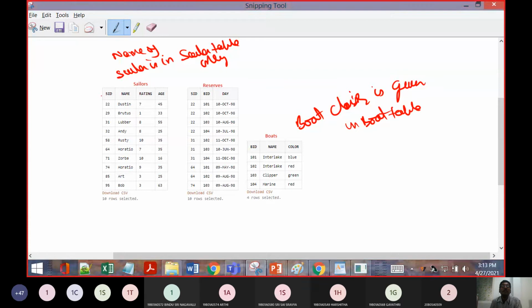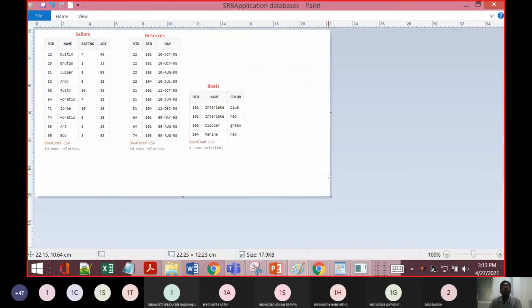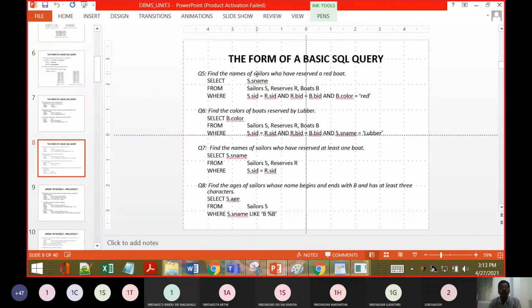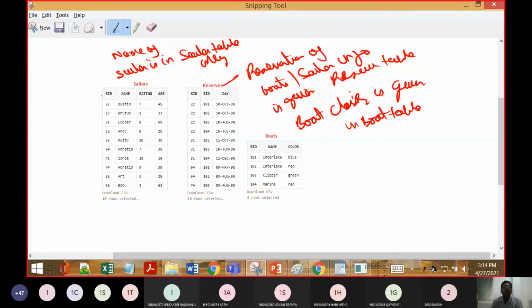And where is the reservation happening? Reservation of boats and sailor information is given in the reserve table. So definitely, if I want to address this question, find the name of a sailor who has reserved a red boat, then we have no other option than to use table 1, table 2 and table 3.